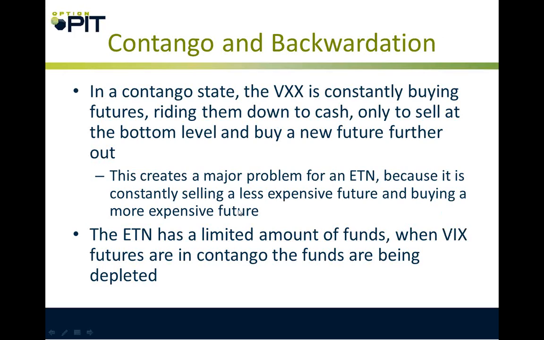All right, in a contango state, the VXX is constantly rolling the boulder up the hill and then letting it go and then riding the boulder down. So it is constantly buying futures, riding them down to cash, only to sell them at the bottom and buy a new future out the top. This creates a major problem for the ETN because it is constantly selling a less expensive future and buying a more expensive future. The ETN has a limited amount of funds. When VIX futures are in contango, funds are being depleted. So thus,